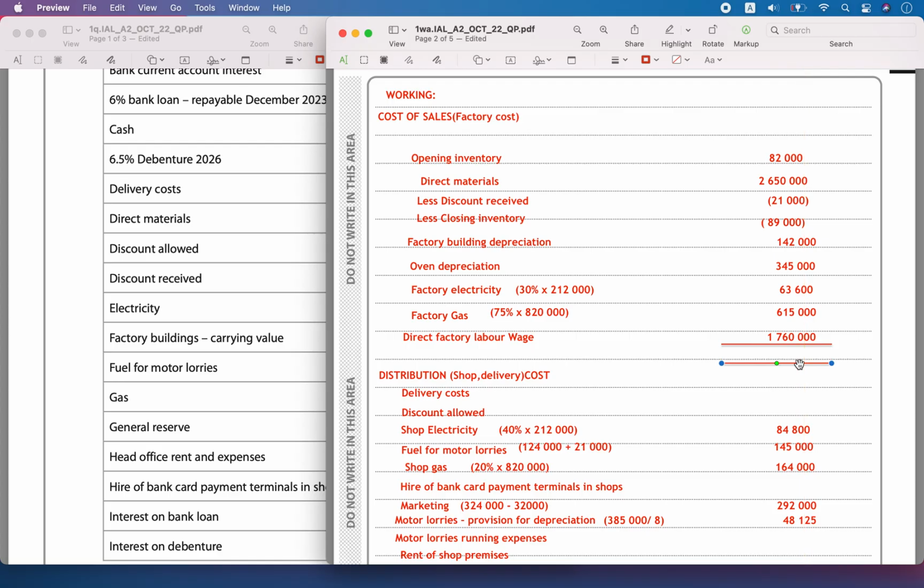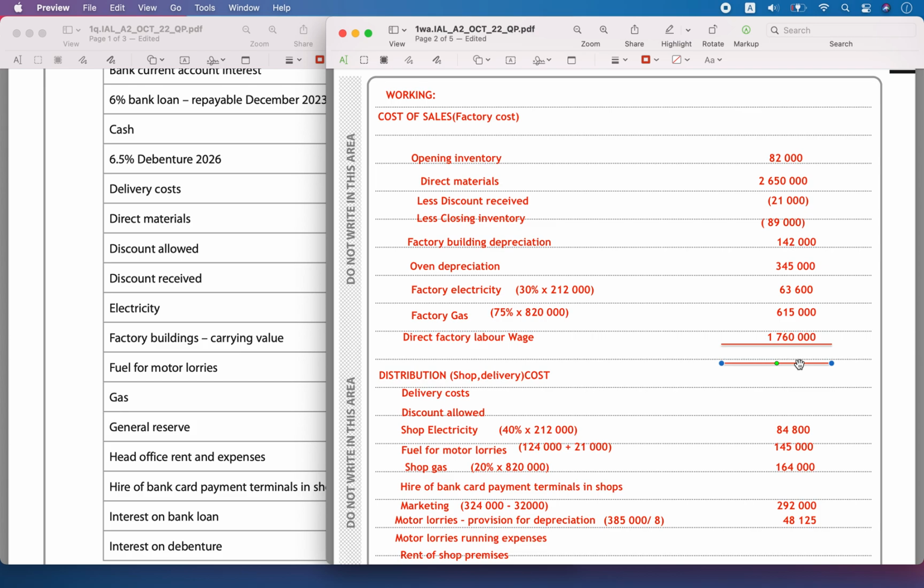The total cost of sales is equal to 82,000 plus 2,650,000 minus 21,000 minus 89,000, plus 142,000